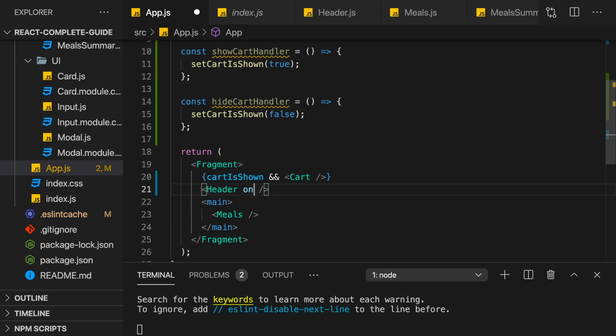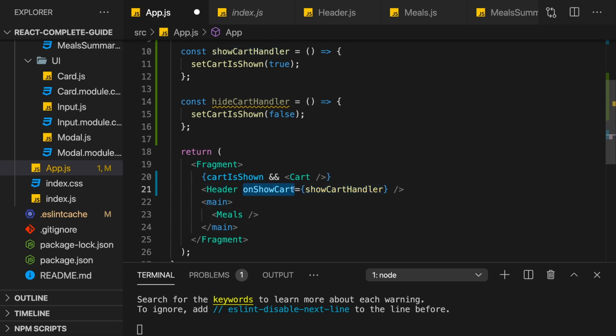Now it's up to you how you name that prop, but the convention for these props which hold functions is to start with on, since these are kind of like custom events which trigger this function if you look at it like this. And therefore here I'll name it onShowCard. Again, the name is up to you. And I point at the showCardHandler. Important, don't execute it here, just point at it so that it can be executed from inside the header